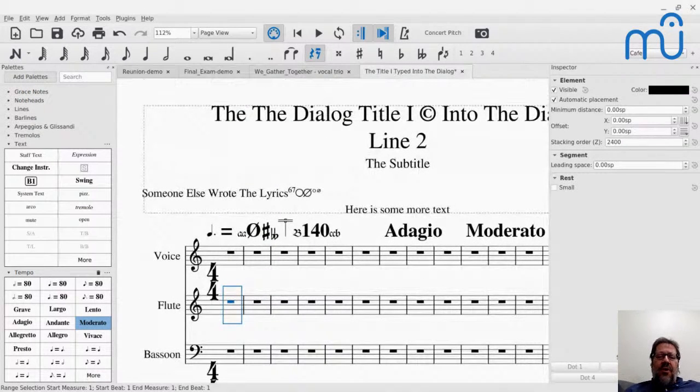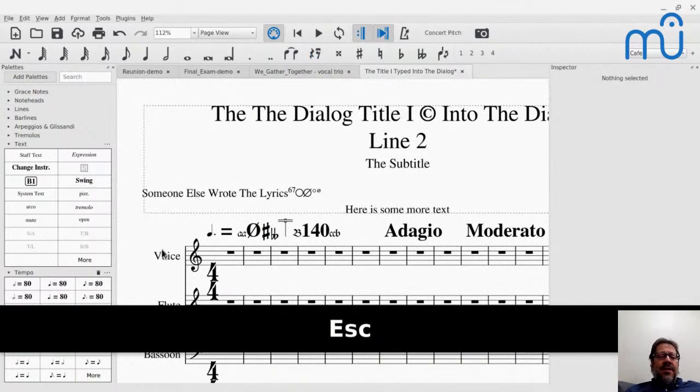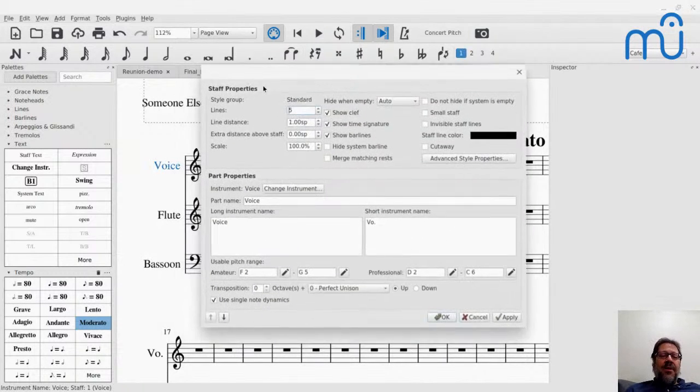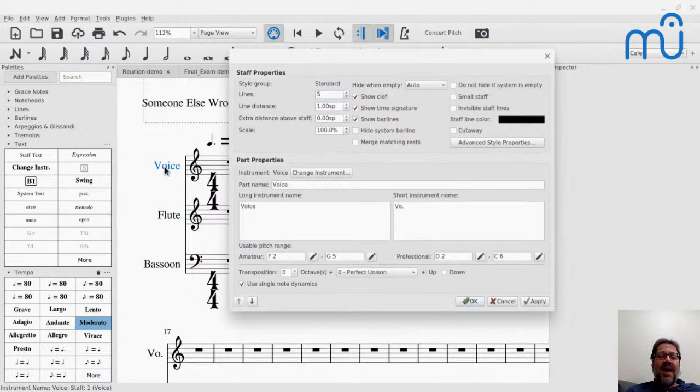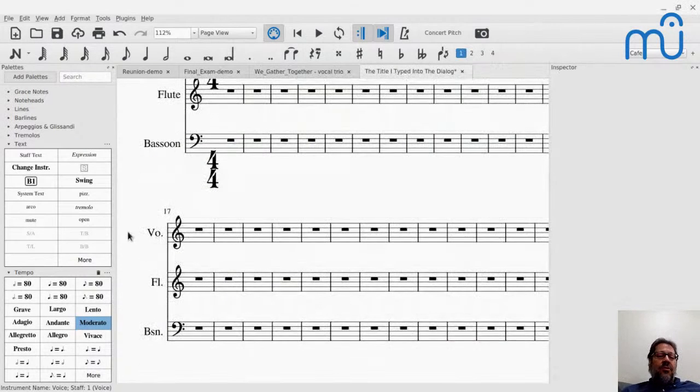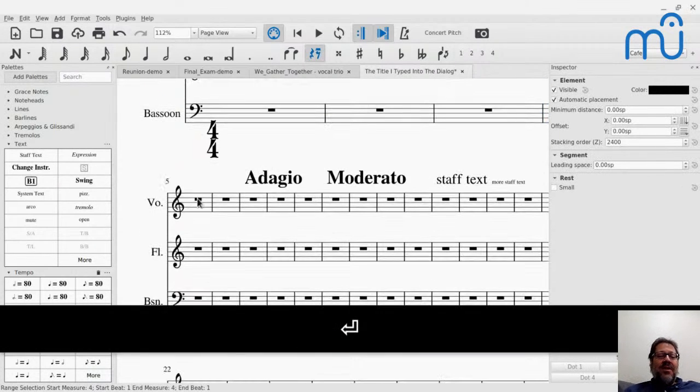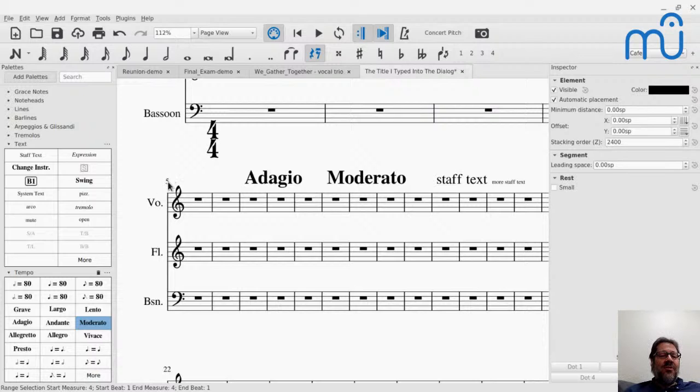So anyhow, there's time signature. These instrument names that are here, if you want to edit these, like instead of voice, maybe you want to say vocal, you can double click it and it will bring up the staff properties, because this voice isn't just a plain piece of text. It's actually automatically generated for the staff. And that's a little maybe more clear when it comes to the abbreviated version that shows up on the next system. This is attached to measure 17 right now, but all I have to do is put a line break here after the fourth measure, and now suddenly I've got a new piece of text right there on measure 5.